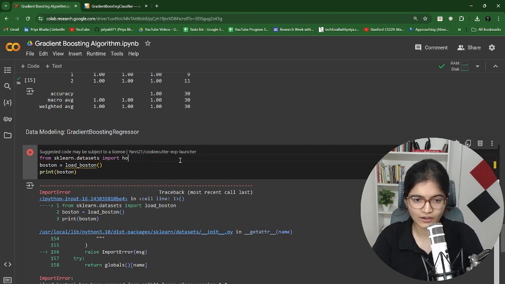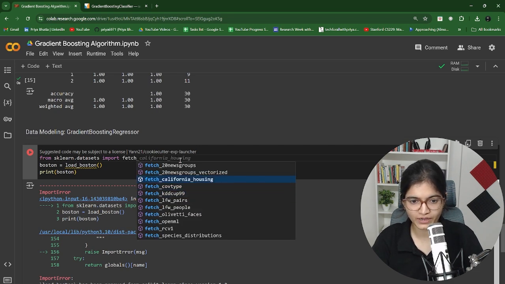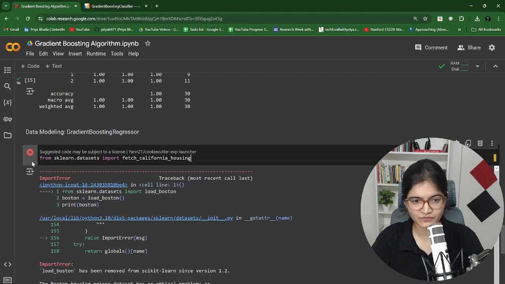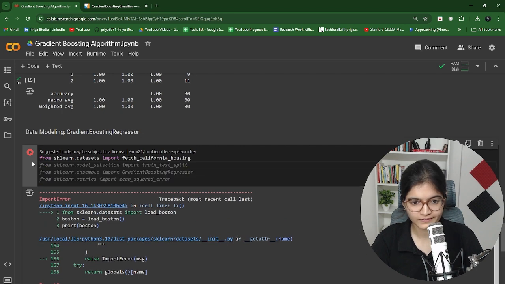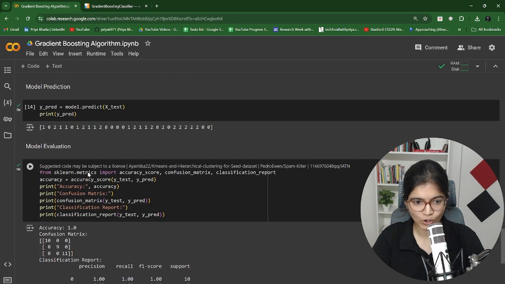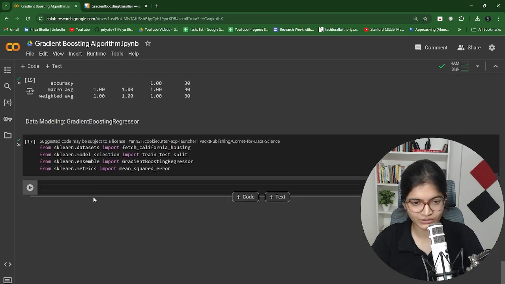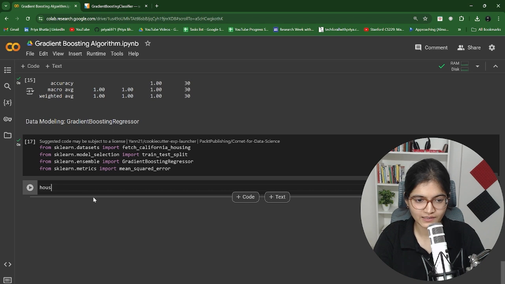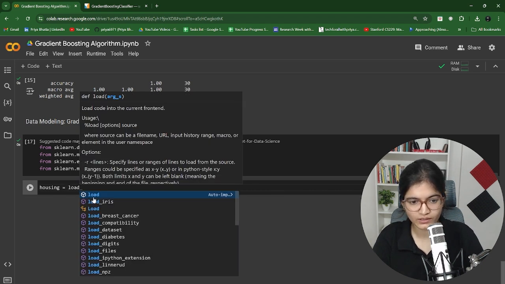Is there any dataset for house price prediction? Yeah, fetch_california_housing. Let's see how this data looks. Maybe let's load that specific data. This is fine. Let's import this. And now we need to load this data. So we can say the housing dataset that we have is equal to load, not this one,